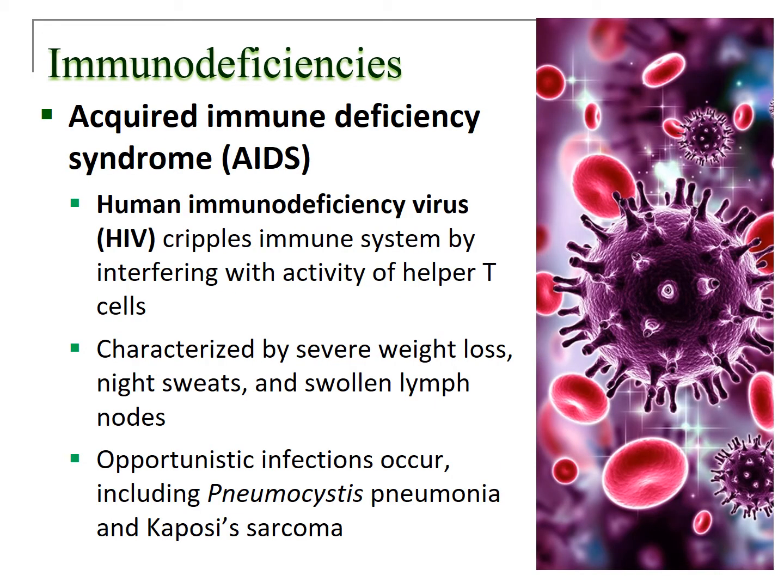Acquired immune deficiency syndrome, or AIDS, is probably the most commonly known immunodeficiency. And this is acquired, as the name indicates. It's caused by the human immunodeficiency virus, or HIV. So this attacks the immune system specifically by interfering with the activity of helper T cells. Some of the characteristics that you see with this are severe weight loss, night sweats, swollen lymph nodes, but usually the biggest problem that you have with this is what's called